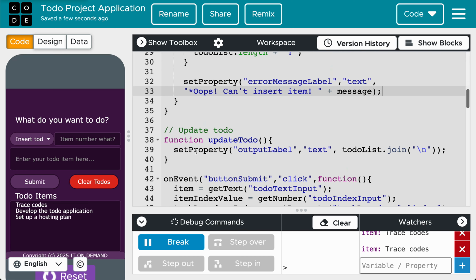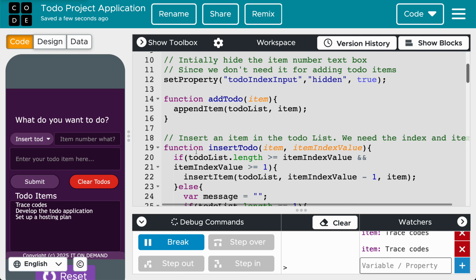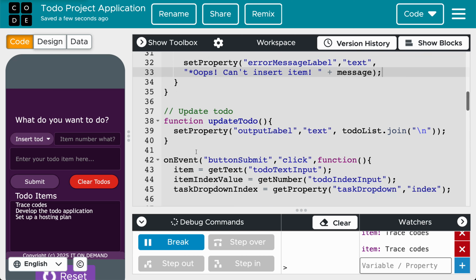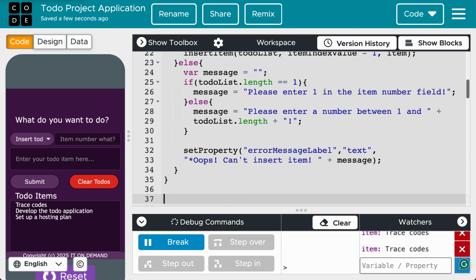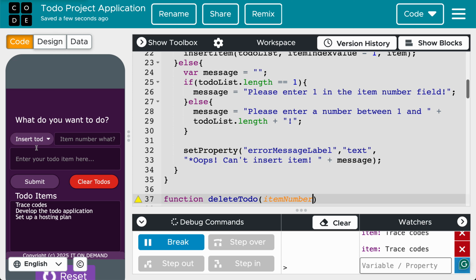I know this is a very lengthy video, but hopefully this helps you to understand how all these pieces come together and how you think of your own application and think through the way to solve problems on your own. So let's go ahead and write this other function. The function we want to write now is delete to do, and we're passing the item number. So why are we passing in just one thing? Because we're accepting just one thing, right? So we don't need two things like the insert item. So back here,